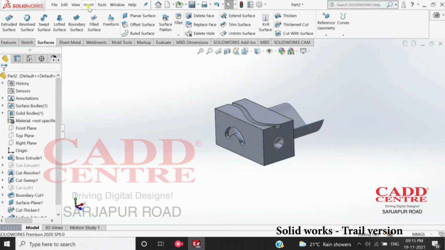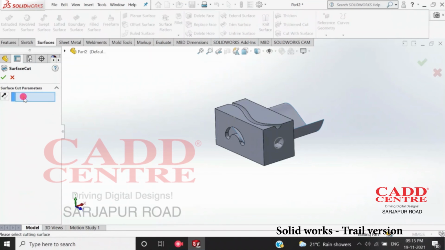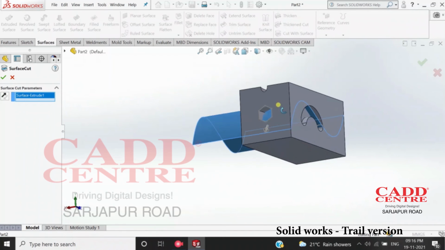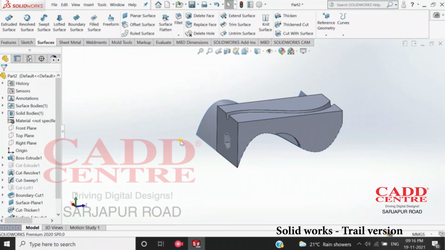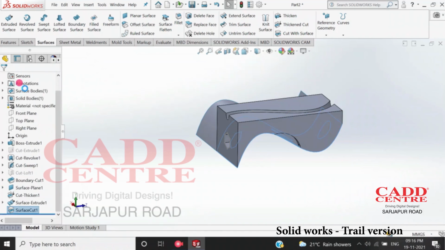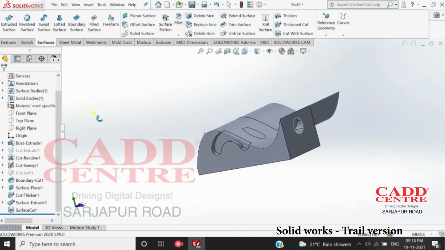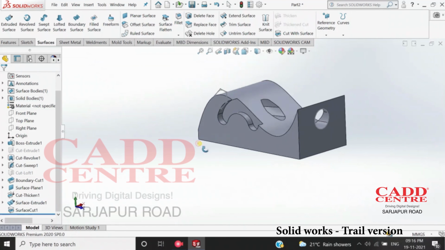So in this direction. Okay. Here insert cut with surface. Here I'll select this surface. Here it shows direction, in which direction you want to cut the body. If I select this way, it cuts the under part. But if I change the direction, it removes the upside material and leaves the downside material. See how the material is.